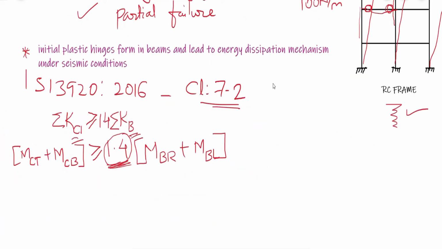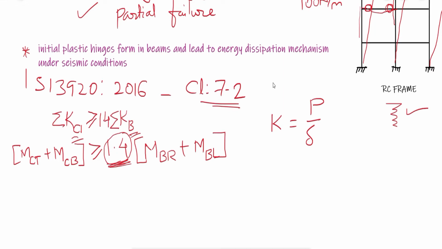So friends, we know what stiffness is. Stiffness is nothing but load per unit deformation. Let the deformation be delta and the load be P. This load can either be a point load or a moment load. If it was a point load, then the deformation is measured in mm, and if it was a moment, then the deformation would be measured in theta, that is rotation.